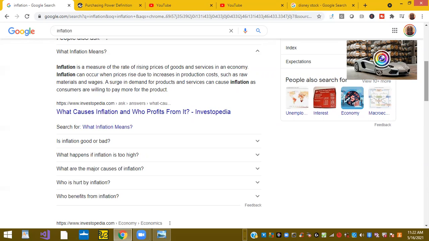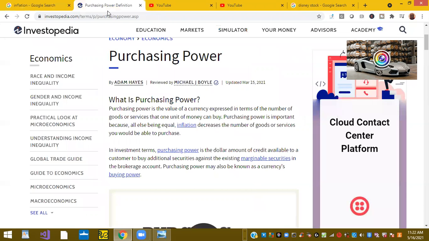So a perfect example is the lumber price for a home has increased costs for new homes to go up another $36,000 a year. And why I love stocks. Now, one of the reasons I love stocks is because they actually keep up with the cost of inflation. But before that, we're going to go on to what is the definition of purchasing power.